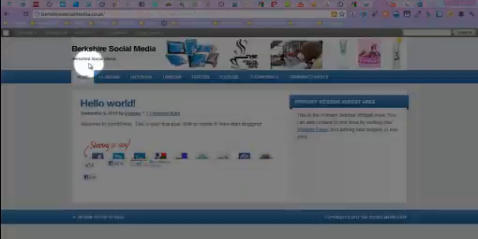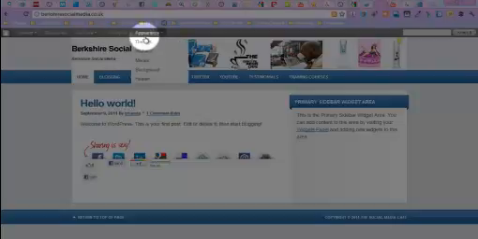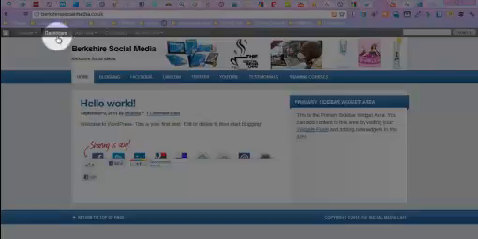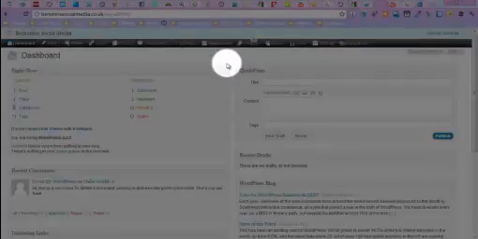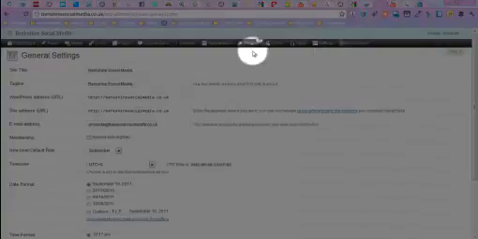Fabulous, far better. And actually, by leaving Berkshire Social Media, I will change that bottom one in a moment, but that's actually clickable and it's viewable, so that's adding to the SEO of the site as well. So I think that looks much better, and we're going to keep it at that. And let's just change the comment on here, and we're going to go back to our dashboard. Then we're going to go to Settings and General. So the second one that says Berkshire Social Media,